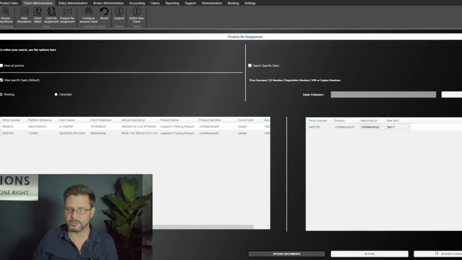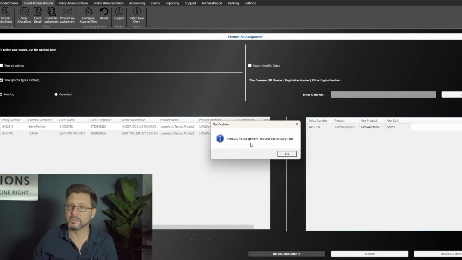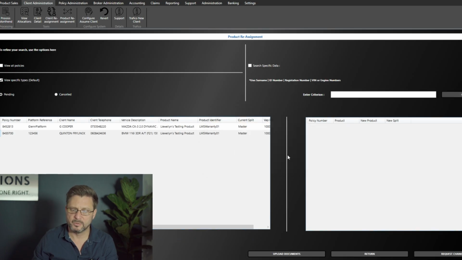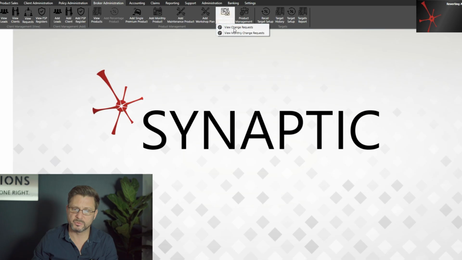The change will then be requested. Once that's been completed, you're going to have a pop-up coming up saying product reassignment successfully sent. You're going to say okay. Now everything will come live again. So you'll be able now to go to broker administration, view change requests,